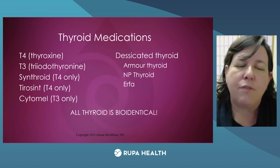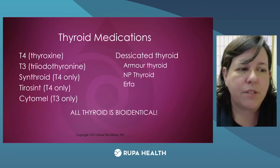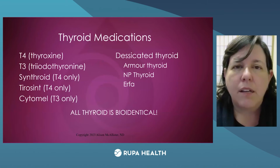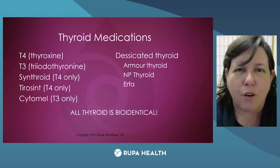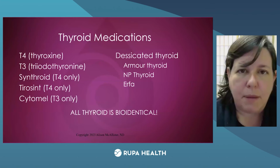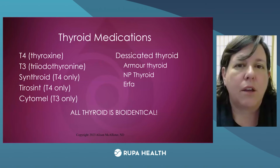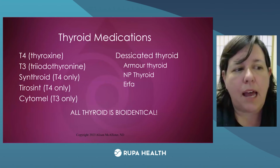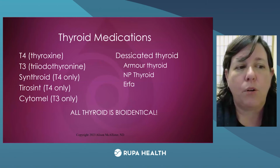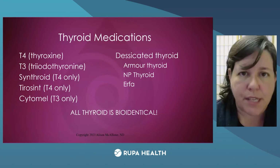But you basically have your T4s and your desiccated thyroids. Just a heads up with some of them that's nice to know. Tyrosint, if you're not familiar, that's a newer one. It's been out for a while, but insurance doesn't like to pay for things. A new thyroid on the block is harder. Tyrosint is in a gel cap. It's a liquid, so you can actually get it as a liquid or as a capsule in a liquid. It is really nice for people who have GI issues because absorption is basically 100%, or people who are non-compliant